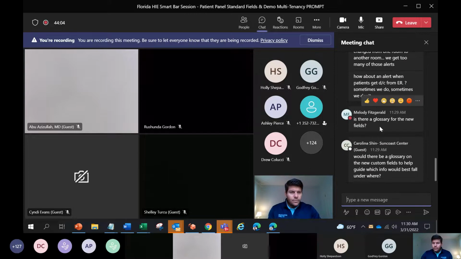Is there a glossary for the new fields? There is not a glossary. I provided them in an email, and if you email me, I can provide you the list. There's no glossary because we're not trying to tell people exactly the definition of what we would expect in these. We'd just like everyone to use their best sense to say, okay, I think I want to put this